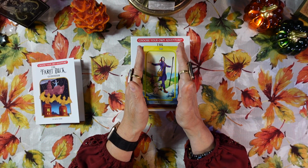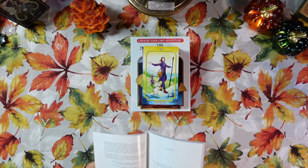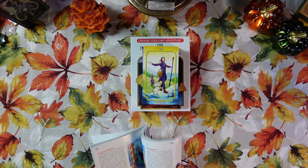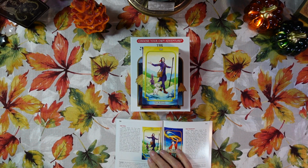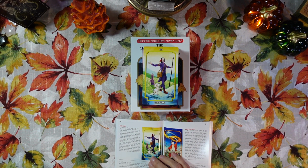And I will read the meaning in the book. So it says, the Fool steps closer to the edge of the cliff. In his small satchel, he has everything he needs for the journey ahead, supported by his walking staff. Or is it perhaps a magic wand waiting to be revealed? And accompanied by his white dog,